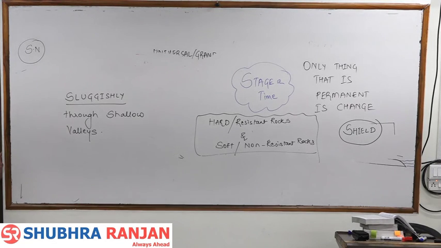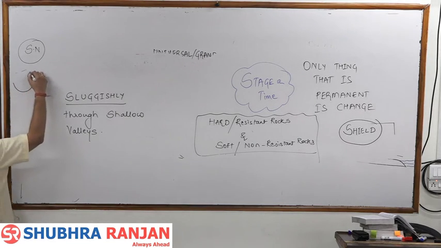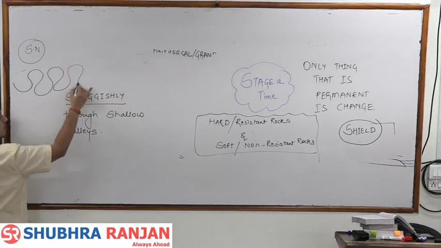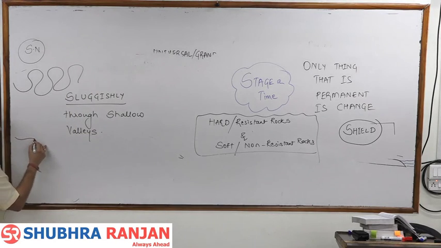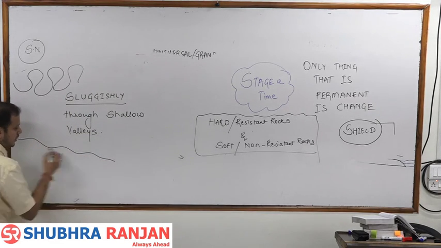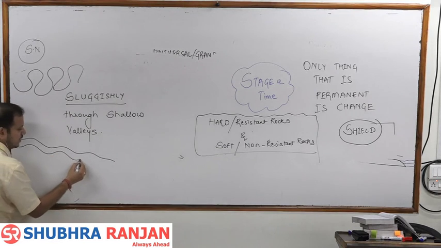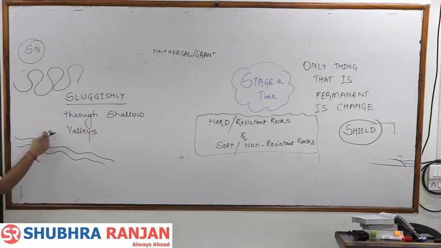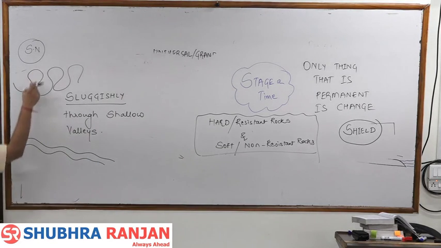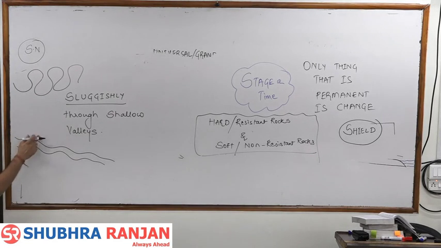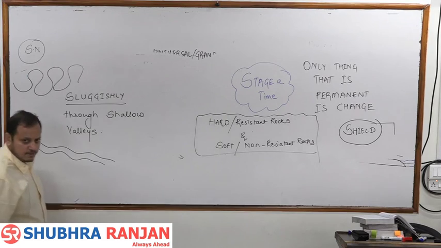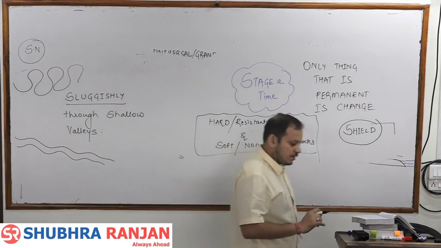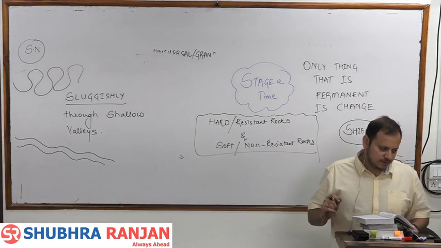Oxbow lakes are dominating in North India, not in Peninsula. Why? Because North India has soil and therefore river can easily erode and change uska course. But in Peninsular India, you will find most of the rivers flowing in a more or less meandering manner. Why? Because water does not have power to erode the rocks. यहाँ पे water can erode sedimentary rocks. यहाँ पे rock is metamorphic. Getting it? On the other hand, the Himalayan rivers